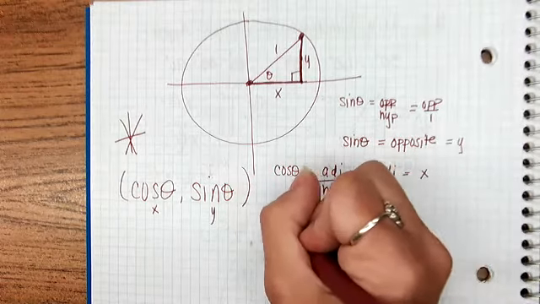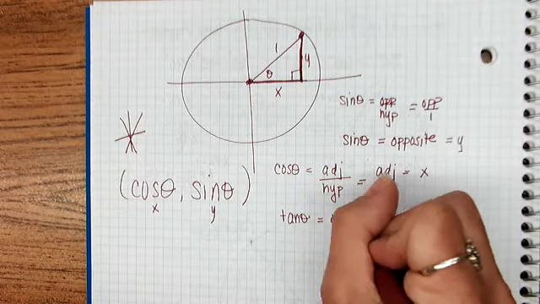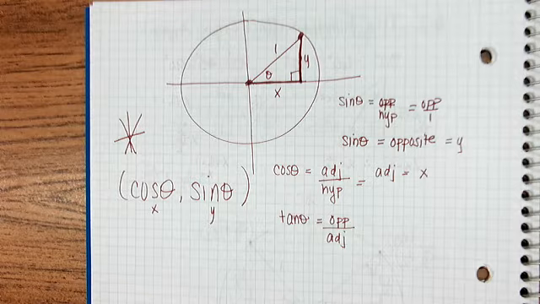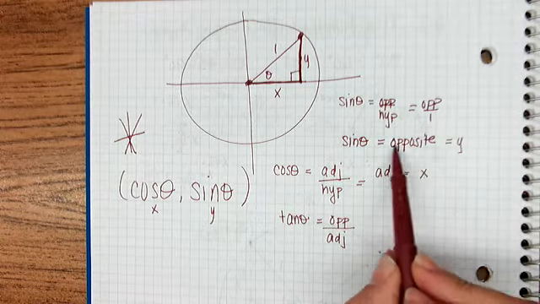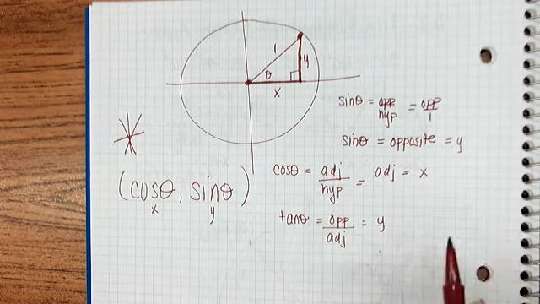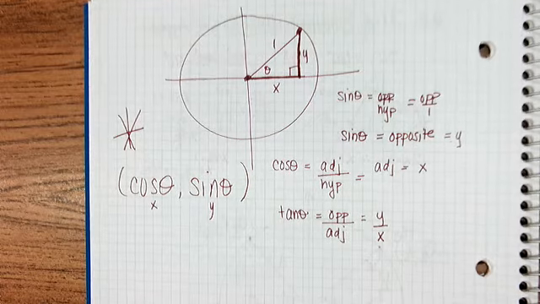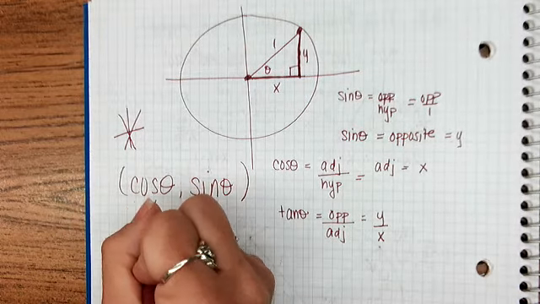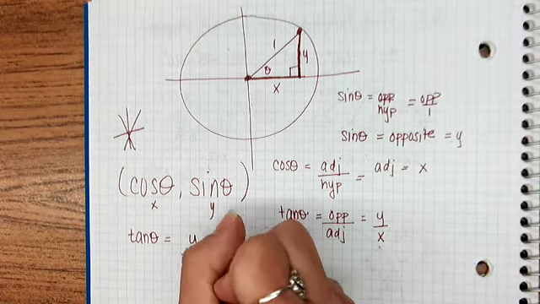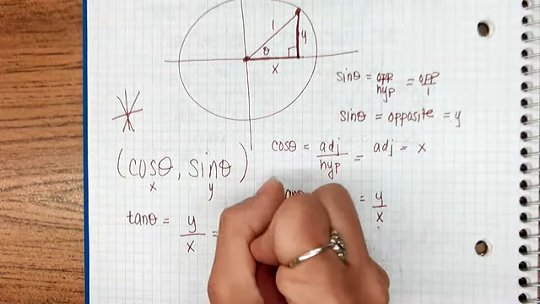Tangent. Okay, the tangent. Tangent is opposite over adjacent from your SOHCAHTOA days. Didn't we just figure out, though, that the opposite is the same as y? And didn't we figure out that the adjacent is the same as x? So tangent is y over x,